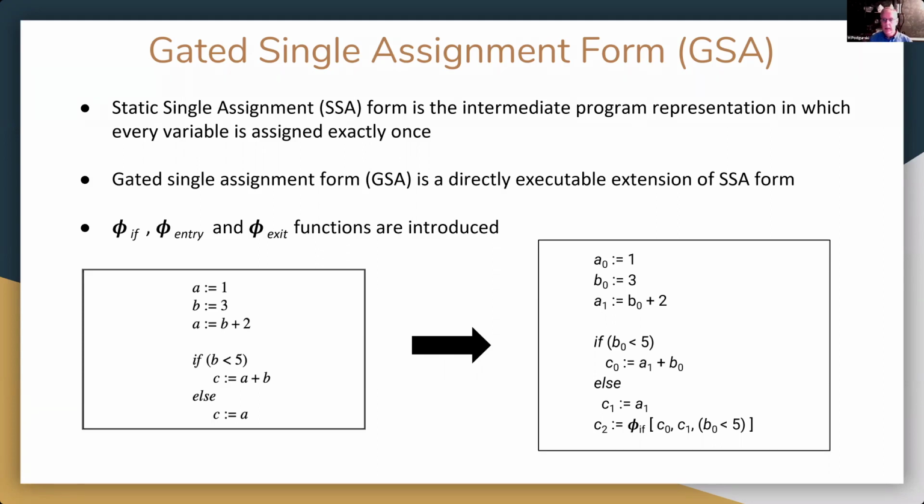It uses phi-if, phi-entry, and phi-exit functions to merge data flows carried along different control flow paths. In the example shown here, a phi-if function is added below the if-else statement to merge the assignments to the variable C along the two paths through that statement. Phi functions create shadow data dependencies that can be used to replace control dependencies when forming a causal graph of a program.